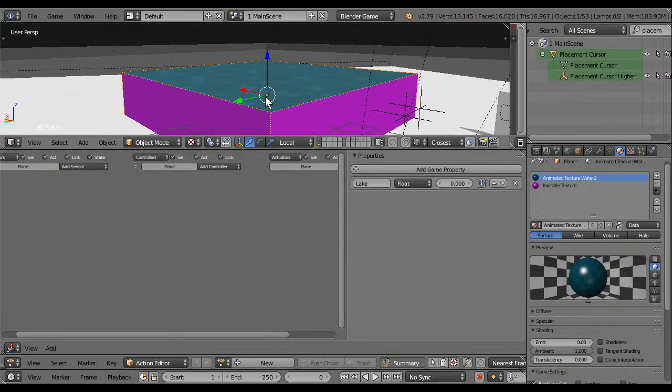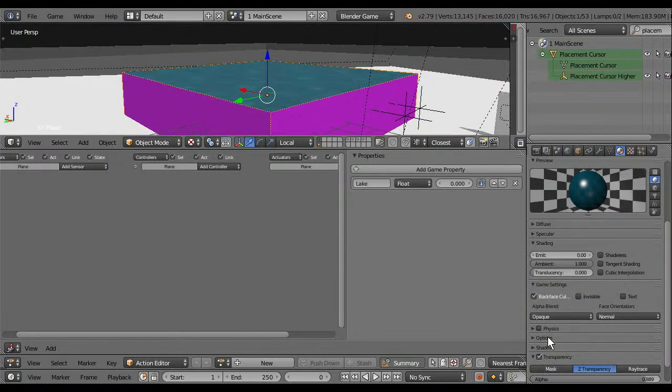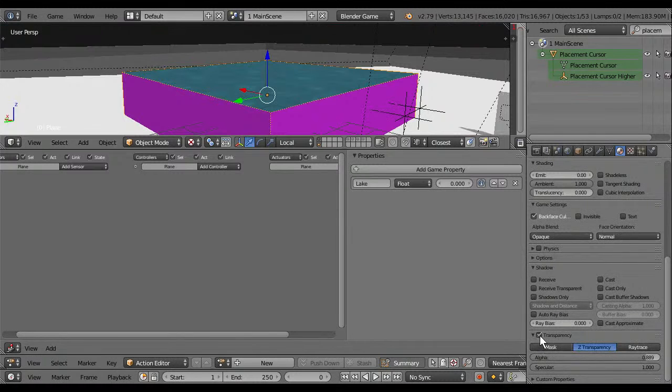Still dark. Maybe it has shadows, maybe. Doesn't need transparency, I guess. Oh yes, it does.